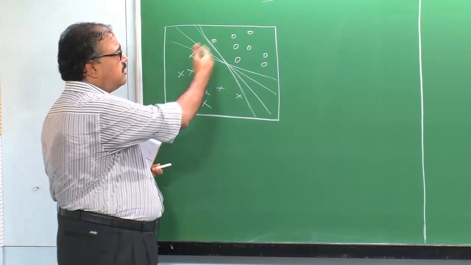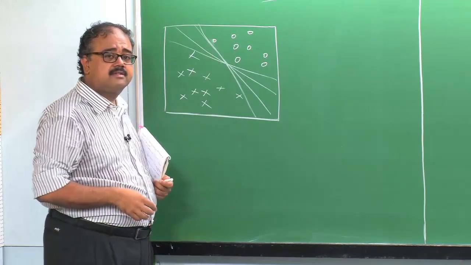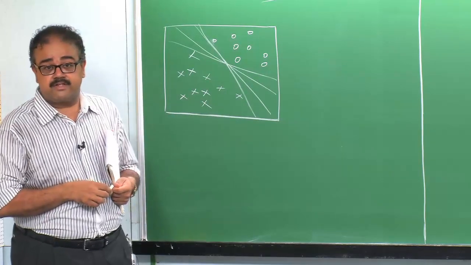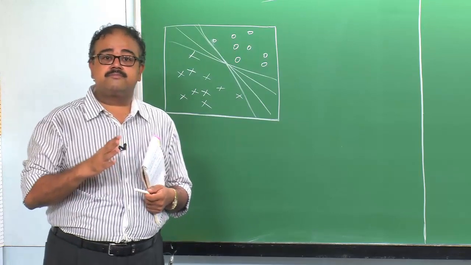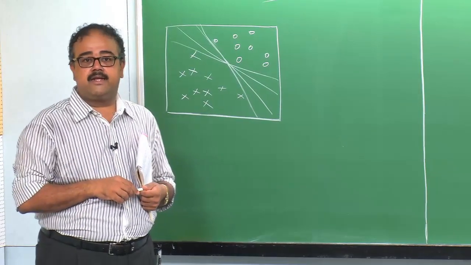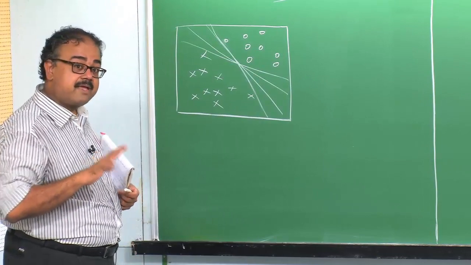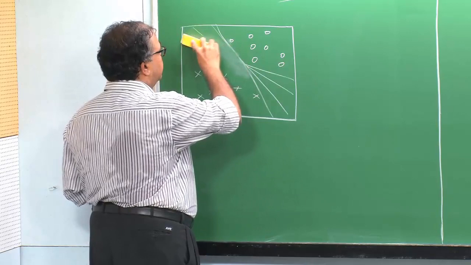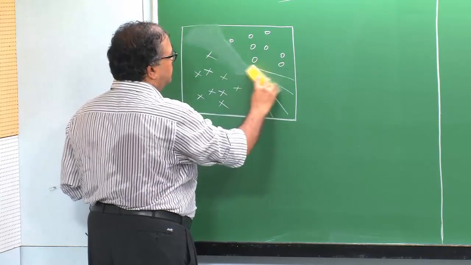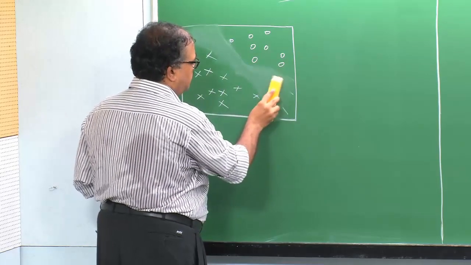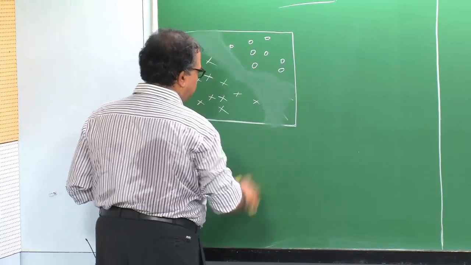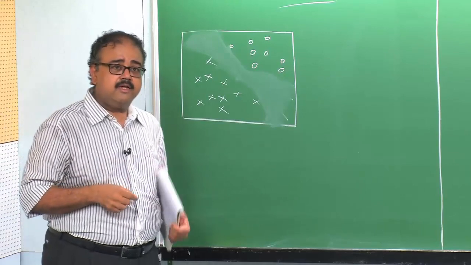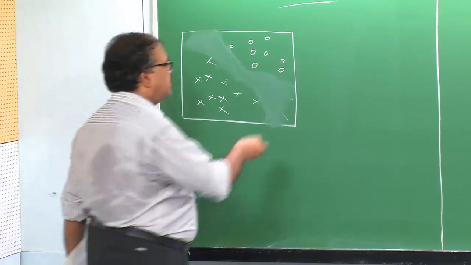Among all of these different lines, or all of these different decision surfaces that you could use for separating the data given to you, which of those is the best decision surface? So, among all those alternatives, which do you think should be the best decision surface? So, one answer to this question is to define